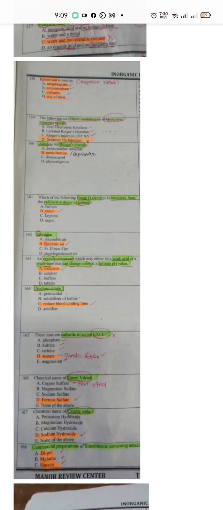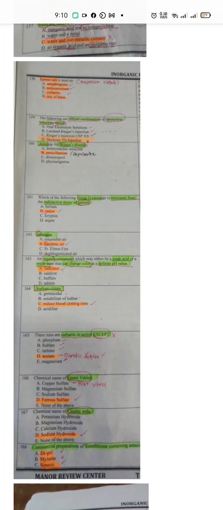I repeat, Ringer solution is a combination of electrolyte of sodium chloride, potassium chloride, and calcium chloride. Your lactated Ringers is the same as your Ringers, but it has calcium lactate. So your lactated Ringers has the same combination, your sodium chloride, potassium chloride, and calcium chloride plus calcium lactate. And your ORS